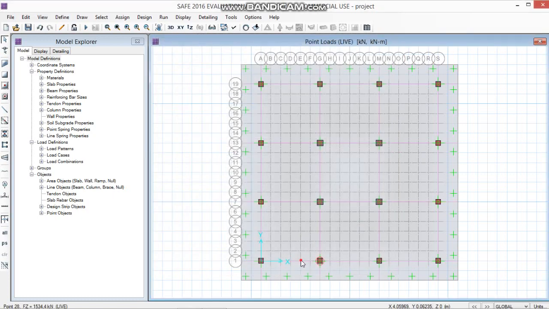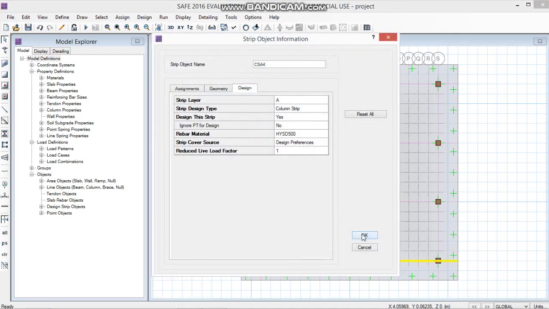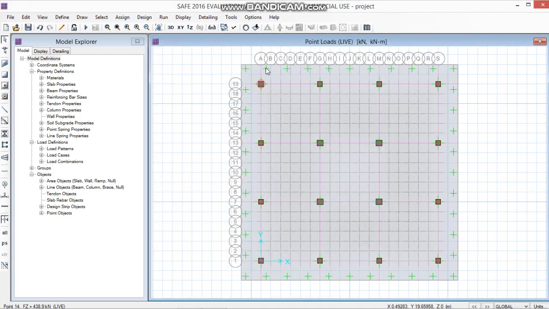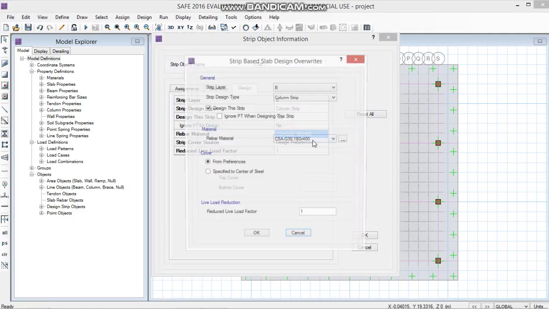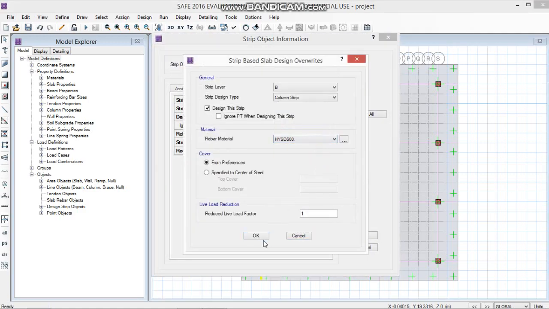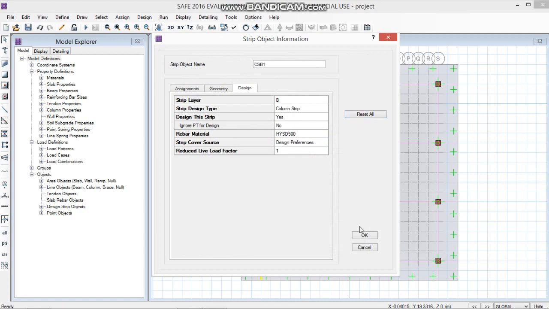Now next we have to go for strip layers in B. So select any design strip in Y direction, right click on it, change the rebar material to HYSD 500 for this design strip, click on OK.